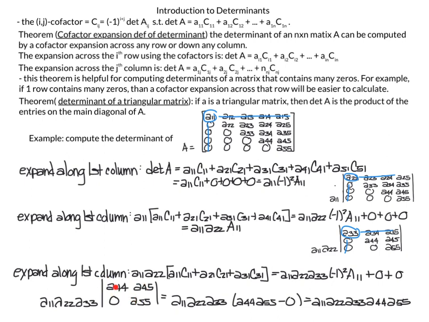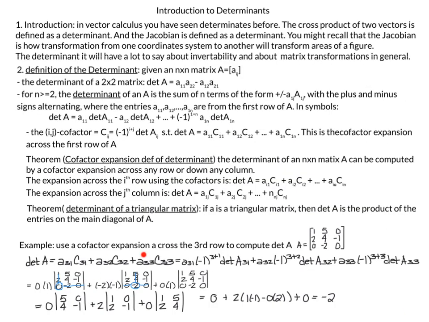Now we do our cross multiplication. So we have A44 times A55 minus our cross multiplication here, which is 0. So our final answer is A11, A22, A33, A44, and A55, which are exactly the entries along the diagonal. So we haven't proven this for an n by n, but we did show it was true for a 5 by 5. This was an example we had done previously, so we're not going to look at it again, but we have finished